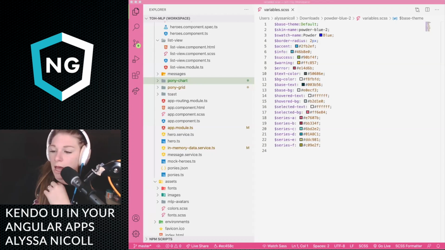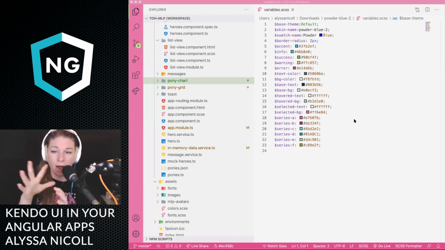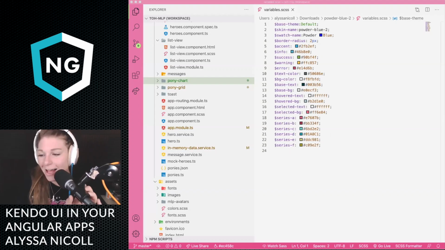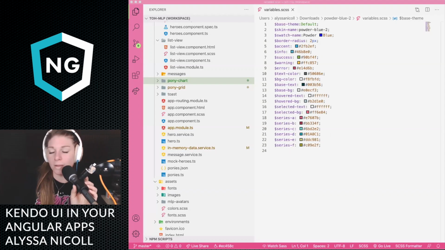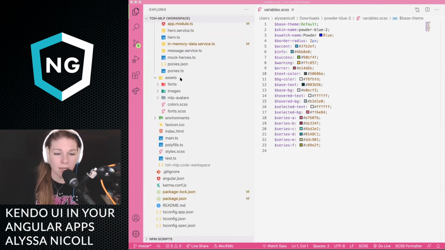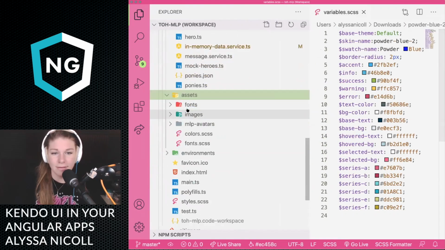Okay. So yes, now that we are using Sass, we don't need to include all of the powder blue .css. We really just need these variables to get our beautiful powder blue happening. And so we want to go into our, sorry, trying to find where we're at. I'm going to go ahead and add it to our assets folder. So in my assets folder here, can I make it bigger? I can. Yay. I can make it massive.